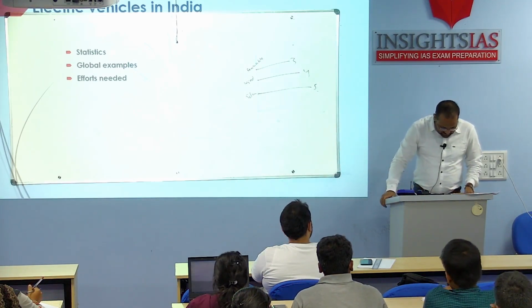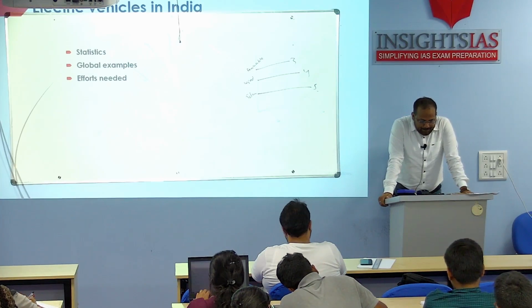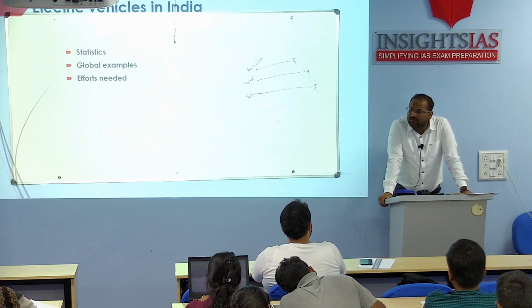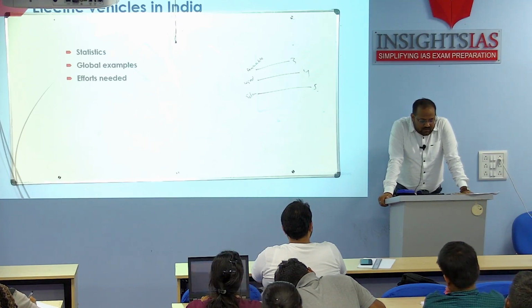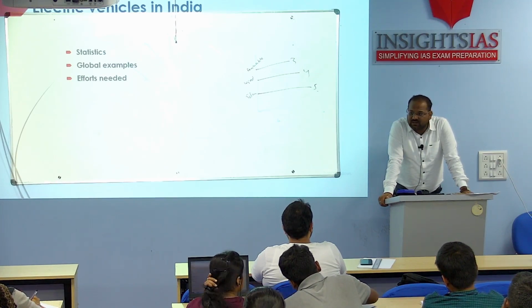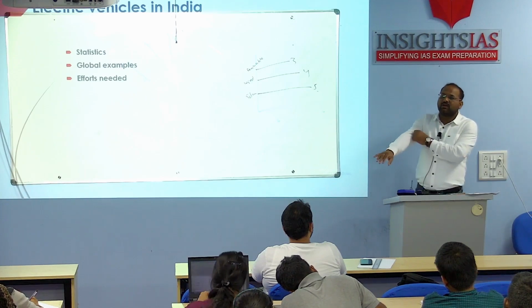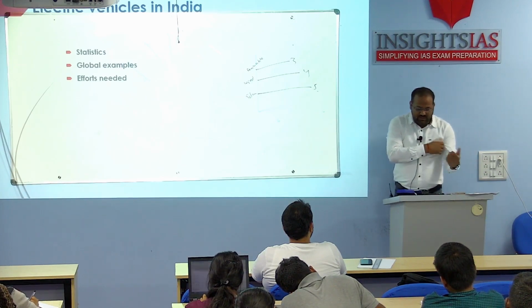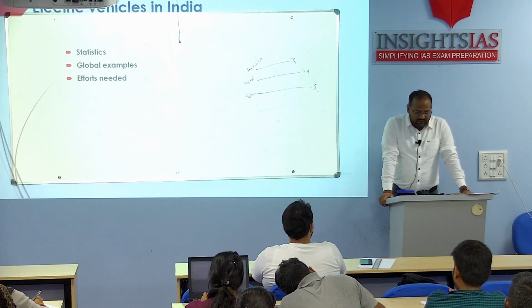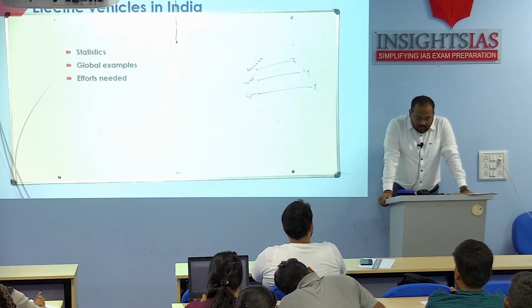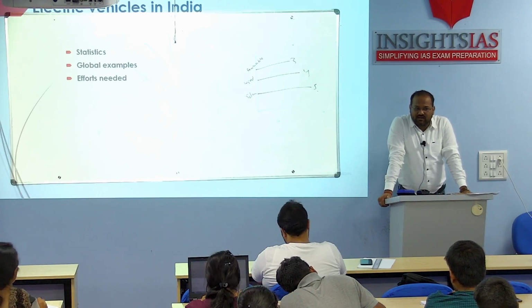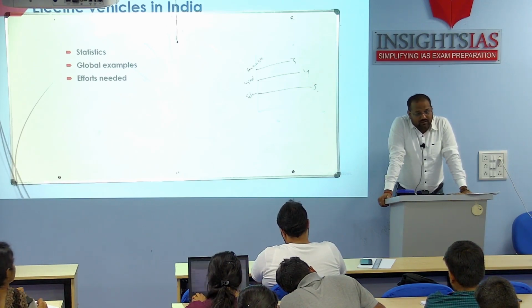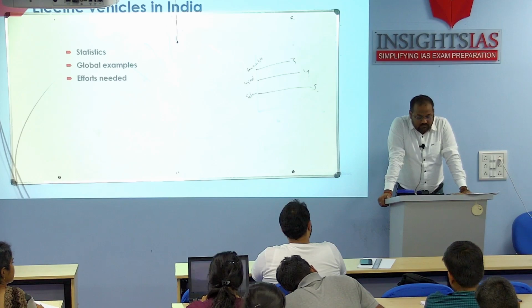In electric vehicles, what all we brought with respect to electric vehicles: FAME is there, then the Electric Vehicle Plan 2020 is there. Under the Electric Vehicle Plan 2020 only, FAME is there. So basically we are trying to improve the electric vehicle contribution. They are saying in 2019, as per NITI Aayog analysis, the two-wheeler cars were